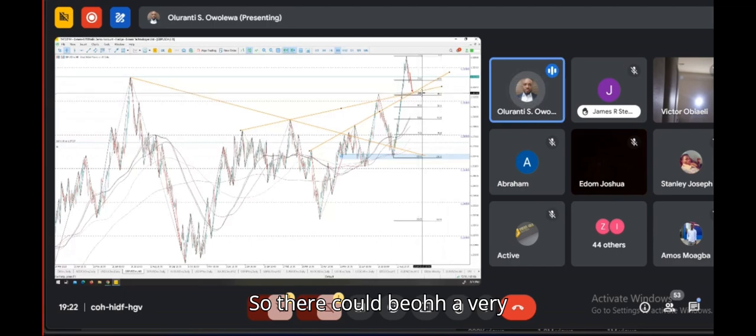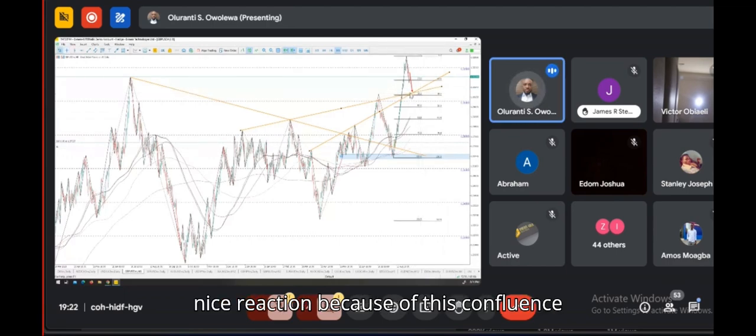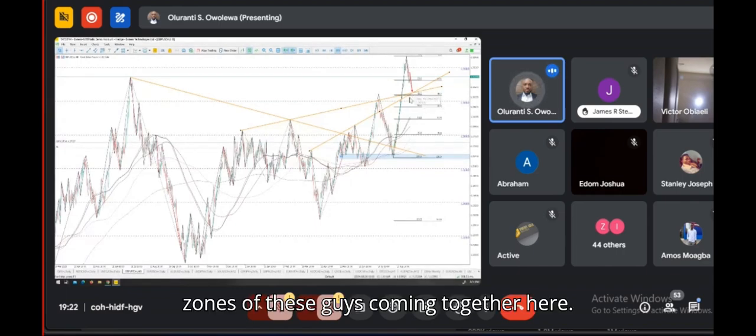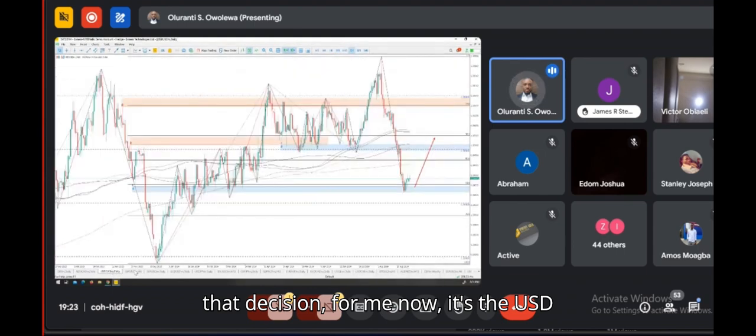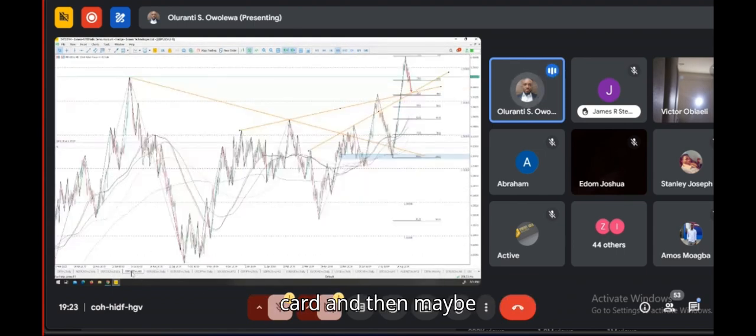So there could be a very nice reaction because of this confluence zone. These guys coming together here. So let's watch and see what happens into the news. I think non-farm payroll especially, but this is not a favorite pair to trade for me. My decision for now is still USD CAD, and then maybe another pair that we'll still get